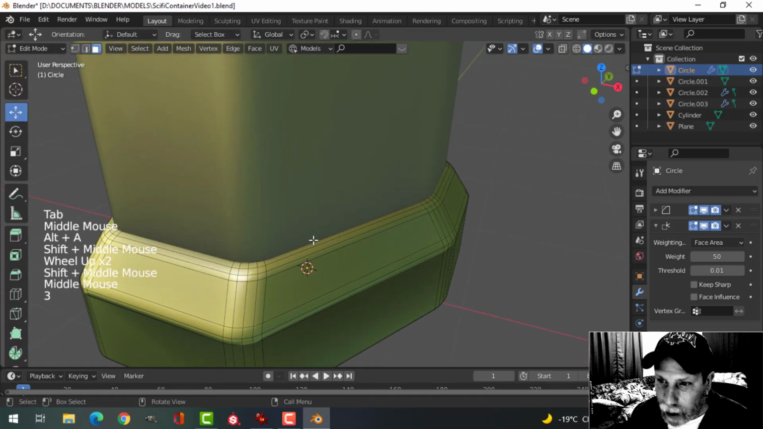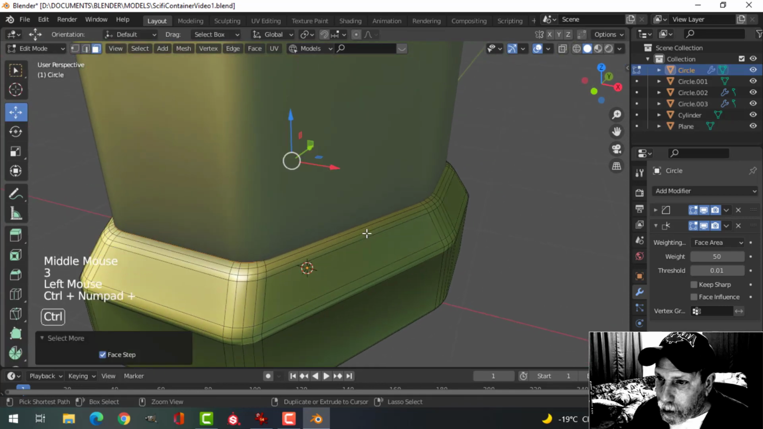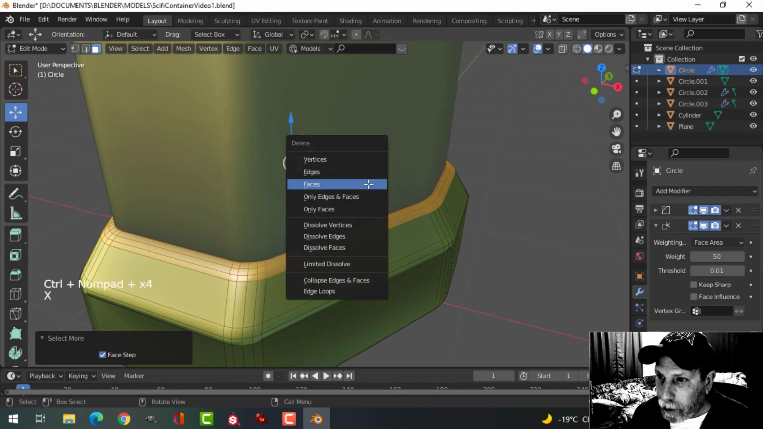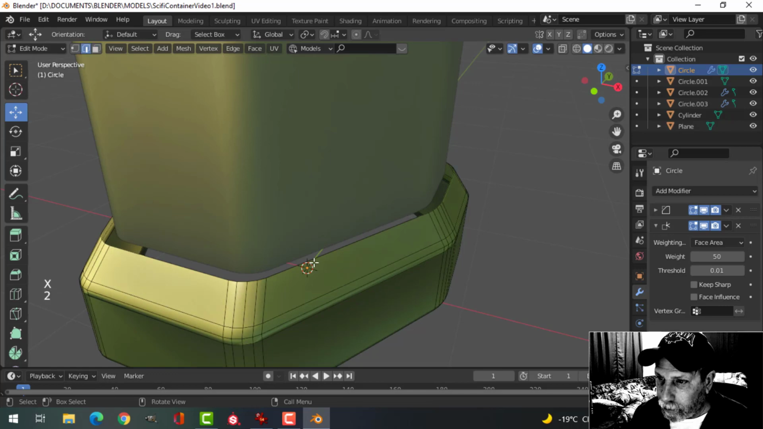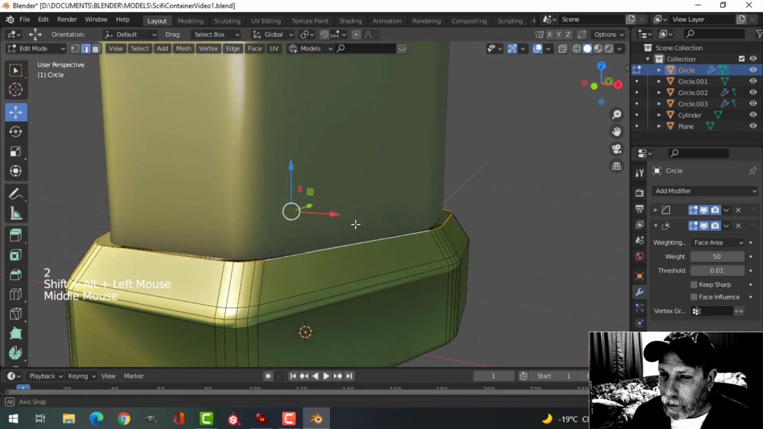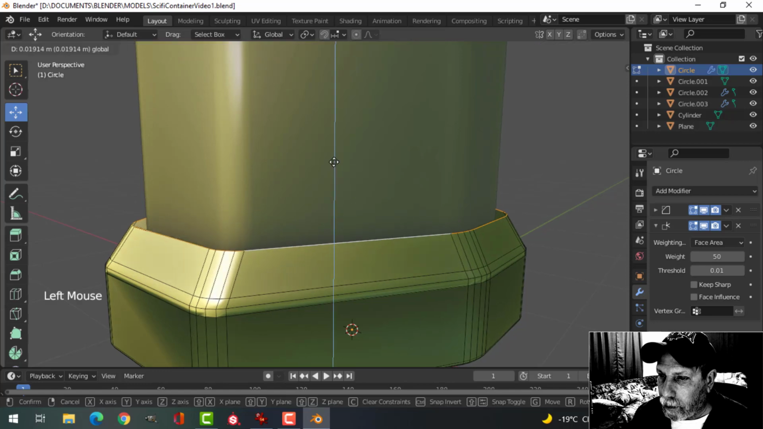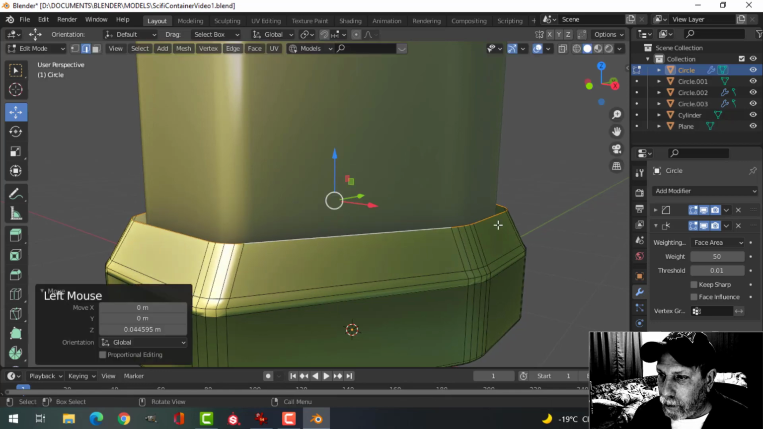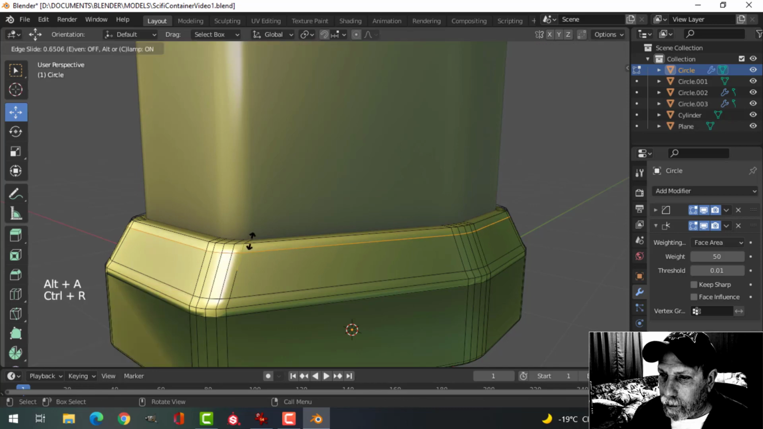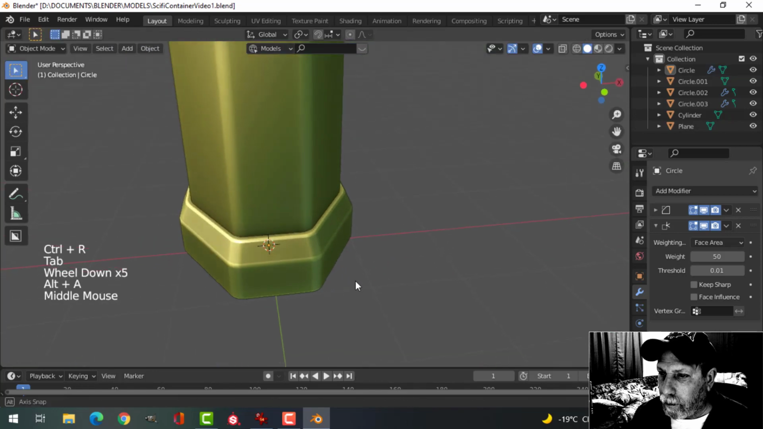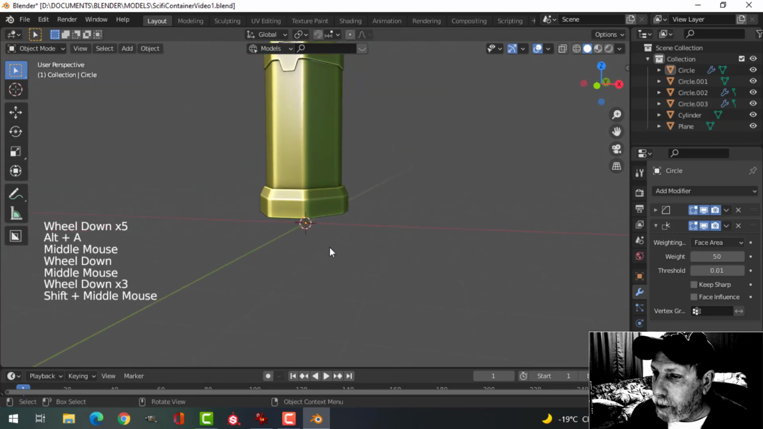Not really liking this, so I'm going to come out and I'm going to actually delete those faces and just do that for the moment. Let's see what happens. Not much different, but